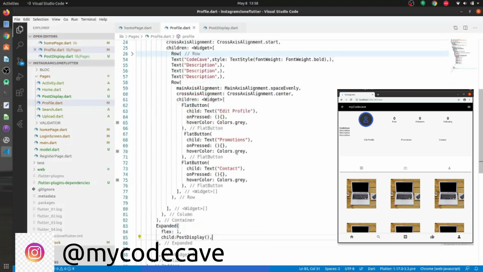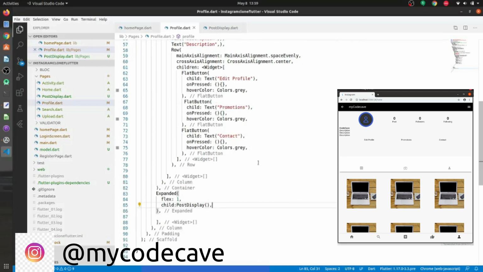Then I have added 3 flat buttons. If you want to make a general profile, you can just use a single button, edit profile, and remove these things, because in a simple Instagram account you will only see this flat button.